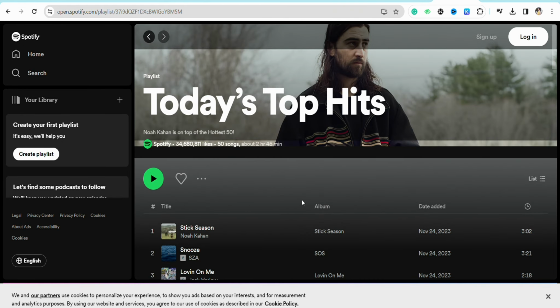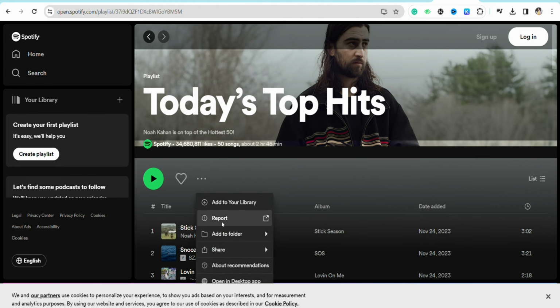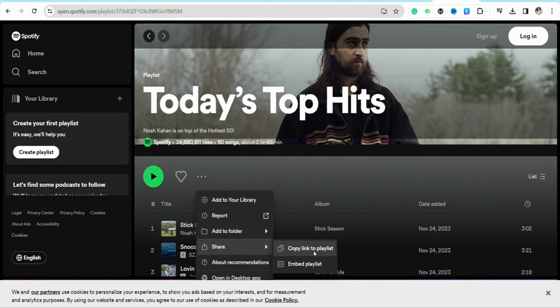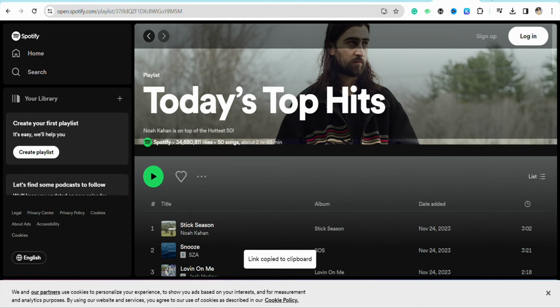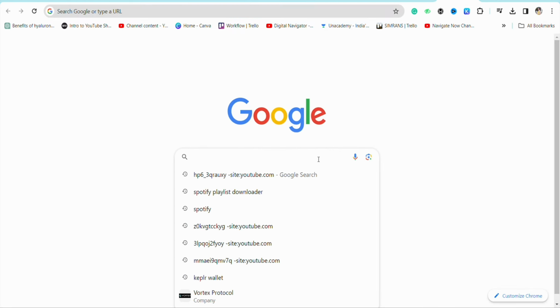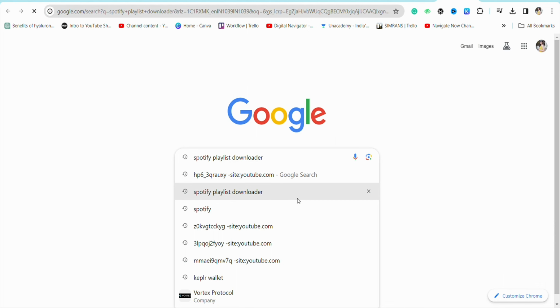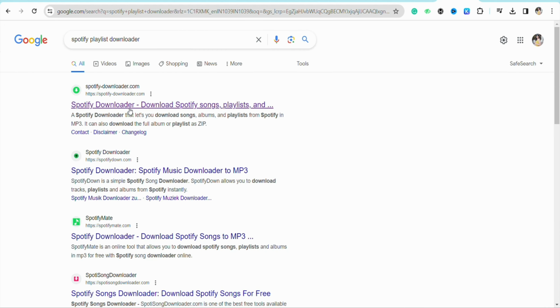do is just click on the three dot icon from the playlist itself, and after that just click on share, and from there just click on copy link to playlist, and after that just go to your Chrome browser, and here on the search bar just search for Spotify playlist downloader, and after that just click on the first link that you will see on the top,